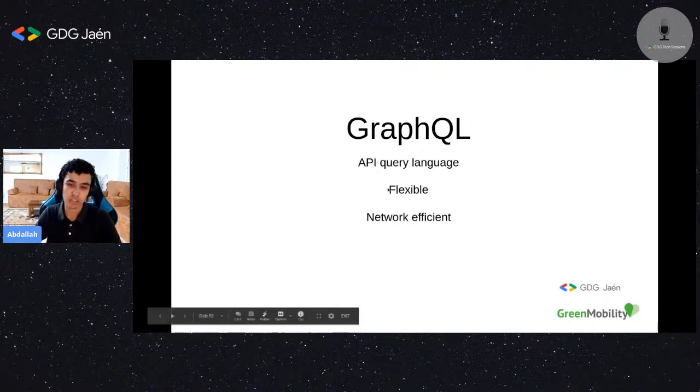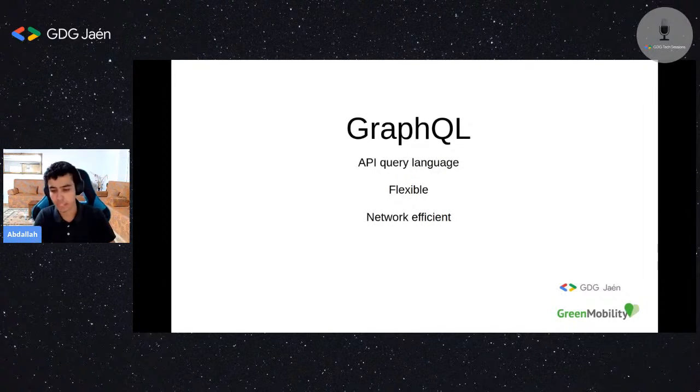It's also flexible, because imagine that you're building a product from the ground up. It's really good that REST APIs can last for decades because they're really well built, and you have to put a lot of thought into the process. But what about the beginning phases of creating a project? Sometimes you just see the need of putting more information into the API. And if you were building it in REST APIs,